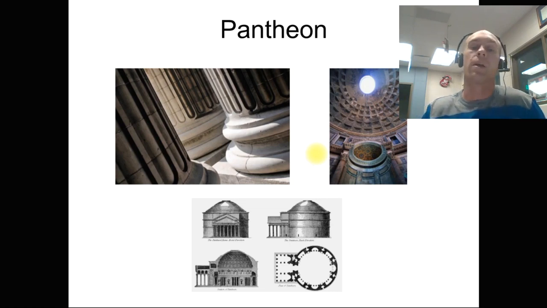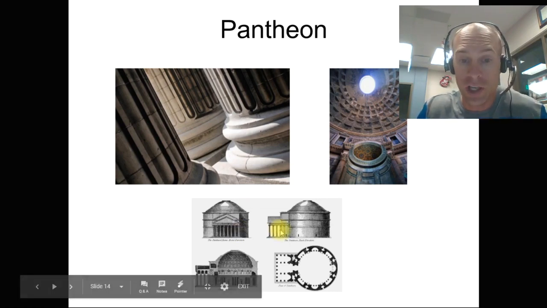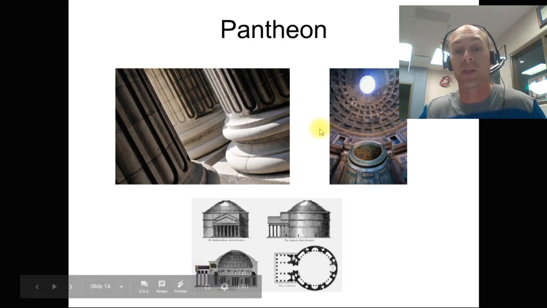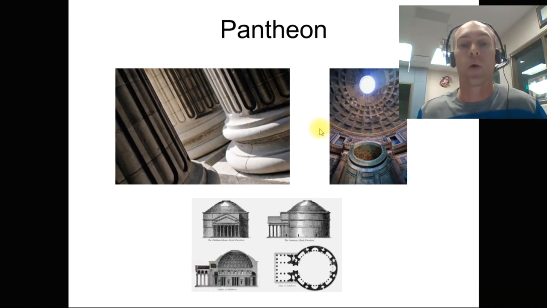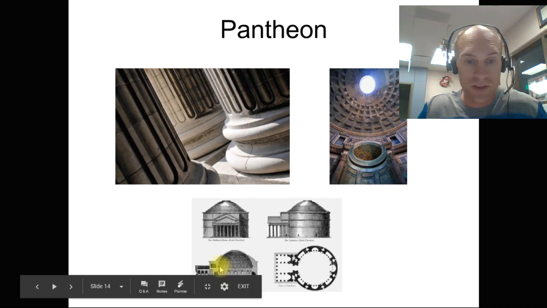The Pantheon is another example of a dome system, also an arch and dome system. If you look at these little arches that are out in front of this, this is a good example of both arch and dome. It is the oldest standing dome, and what is neat about this is it doesn't look much like a dome, but on the inside you can clearly see this arch, and so they had to put all this extra stuff on the